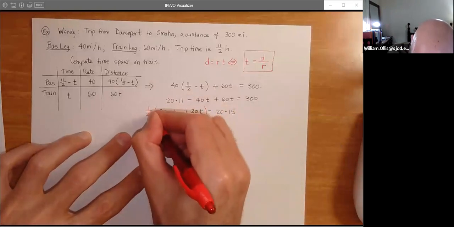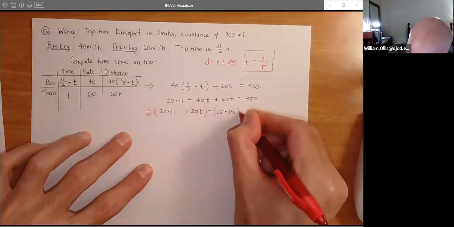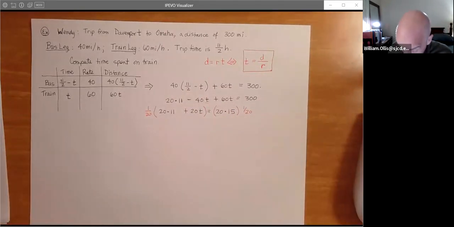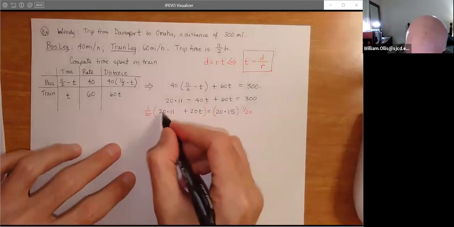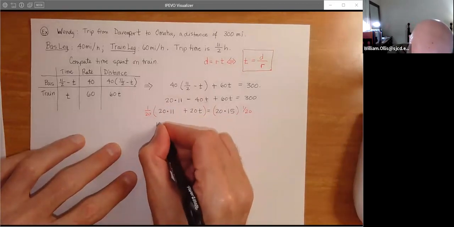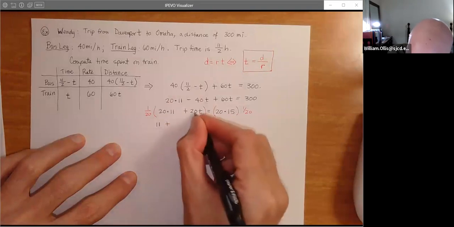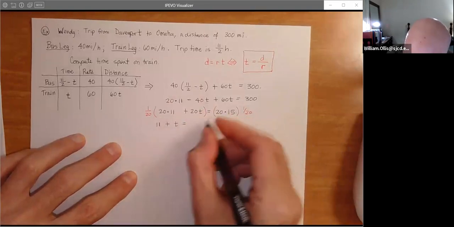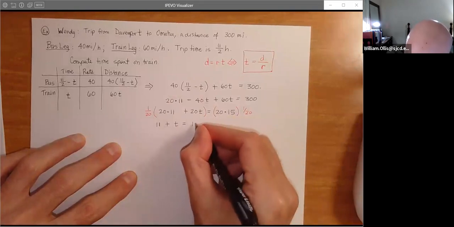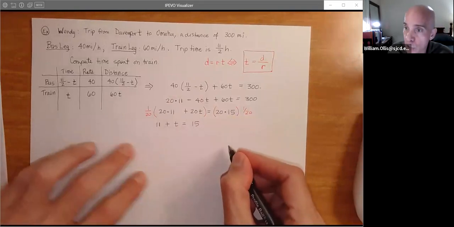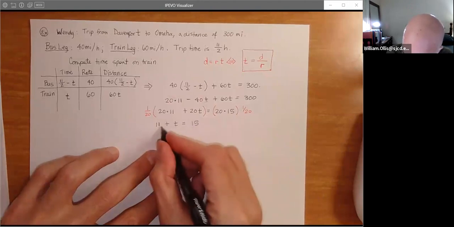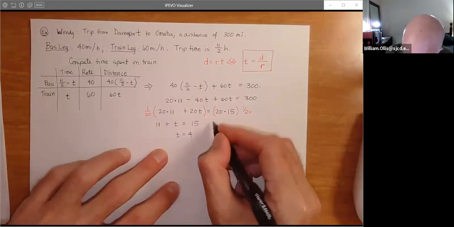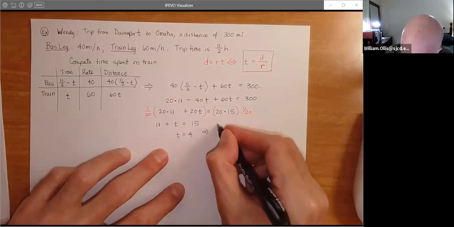Sometimes it's good to just go ahead and write the 1 over 20 so you can remind yourself what you've done arithmetically. So now the 20s absorb. Well, wow, that's an 11. And then the 20s absorb. We have a t. And here the 20 absorbs and we have a 15. Well, that's the easiest equation in the world. So subtract 11 from 15, t equals 4. So we'll say this implies Wendy